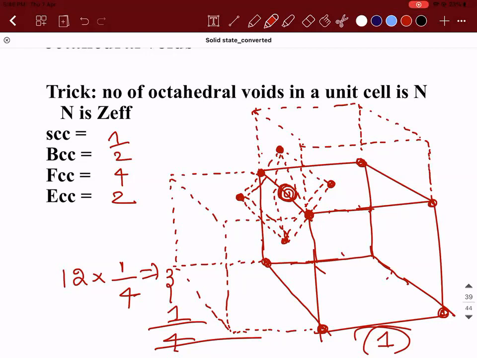So octahedral voids are formed at the edges. Actually, in your textbook, it is 4. But this 4 is nothing but the combination of 3 plus 1. How did we get 3? We got 1 of that, it is called the edges, which is nothing but 1 by 4. That is 1 by 4 that is shared to the unit cell, and 1 at the center. Clear? Shall we move to our next thing?